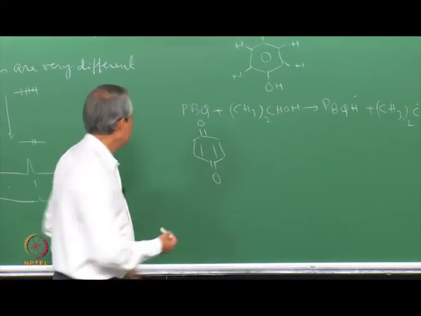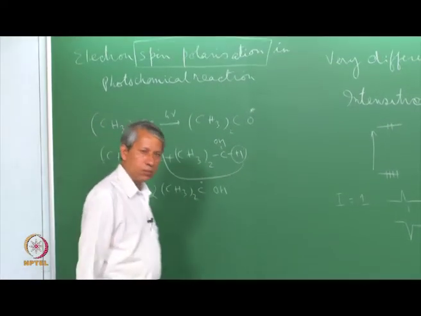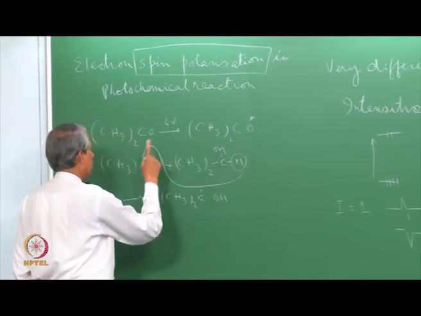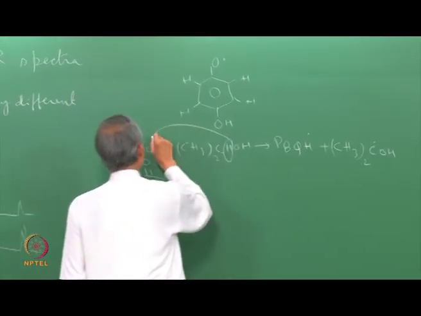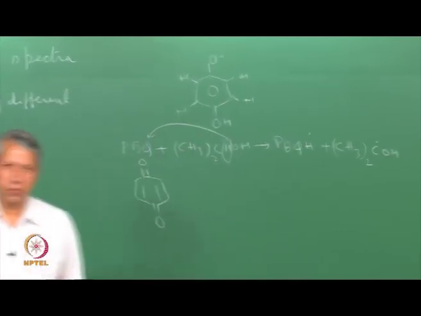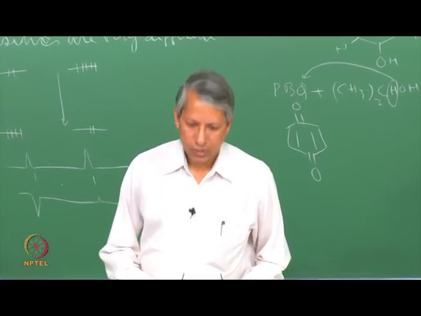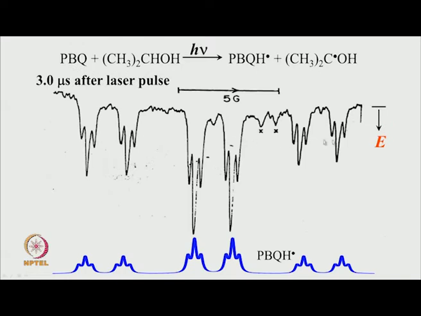That is where the main difference between this system and this system lies. So, something unusually different in the two cases, even though the chemical reaction is the same. This hydrogen atom goes from here to there. Here also I could write that this hydrogen atom goes from here to this to produce this radical. So, chemically there is no difference, there is some difference in the way the spins are populated in the two cases. Just to show that indeed these lines are coming from the semiquinone radical, this region is expanded, and you can see clearly that it matches exactly well with the spectrum due to this.